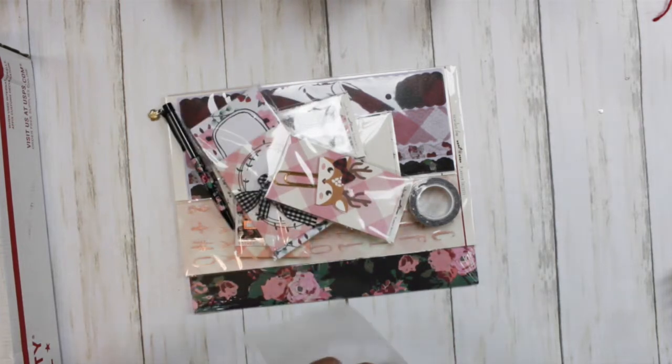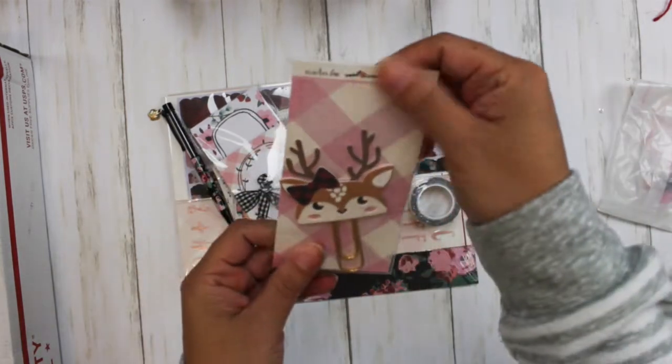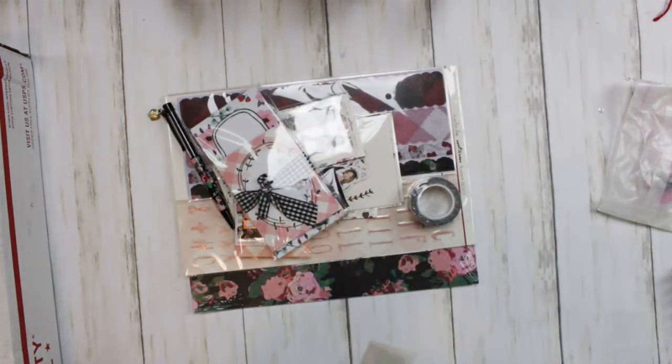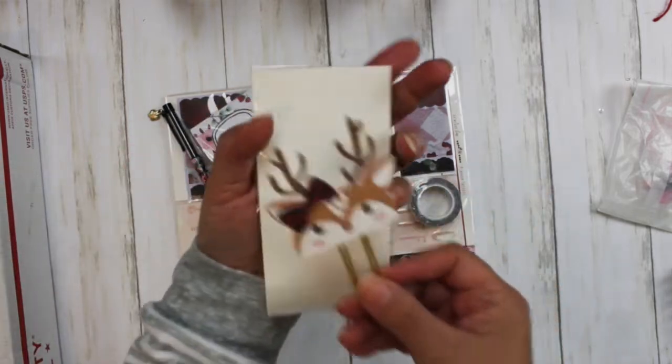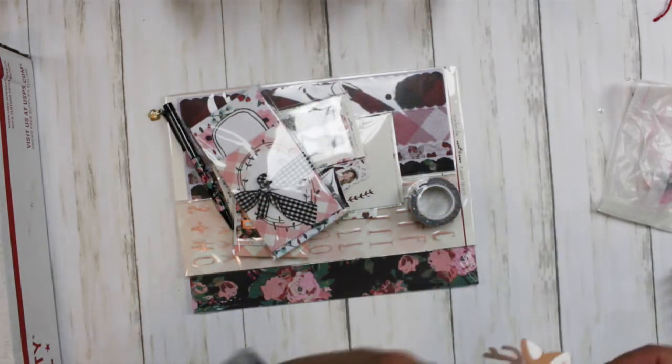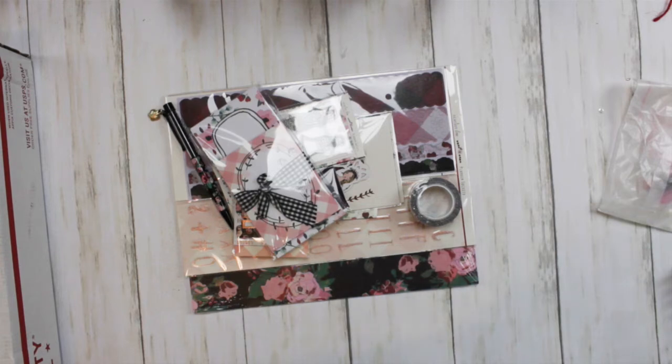Oh, let me see. I know there's always glare. I film at night, so that's the reason. And oh, look at this. This is a paper clip. Oh, isn't this lovely? You know, and they're my tones. Whenever I see pink, I just love pink. So it's just so gorgeous. Look at how cute. Gorgeous. Like a deer with a buffalo